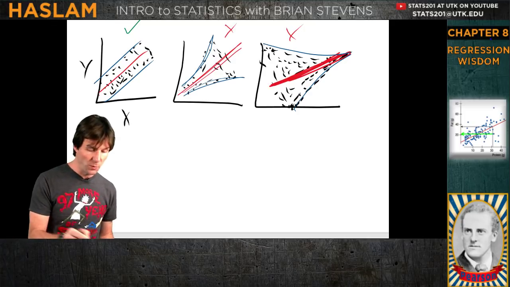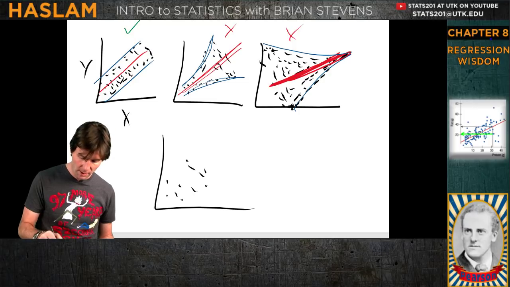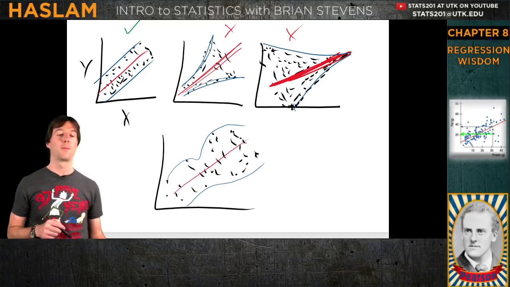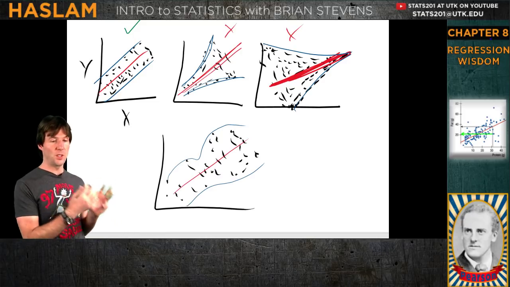Now, I will say this, with real-world data, you don't always see perfect things. Your real-world data might look more like, get a little bit of thinning right there, a little bit of thickness. This would probably be a good example. This would be very good, and you don't want to overlook it. You don't want to look too hard at your data and be like, okay, it gets thinner right there. This example right here is what would probably be a very good real-world model.